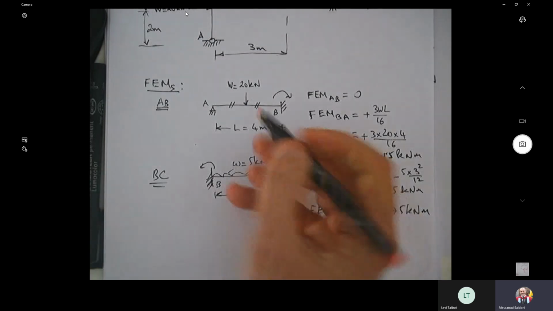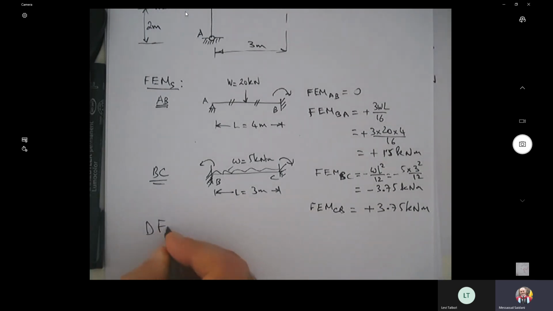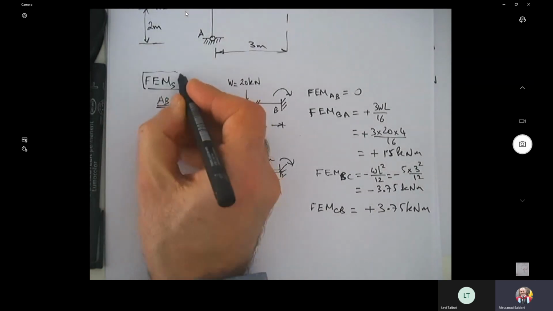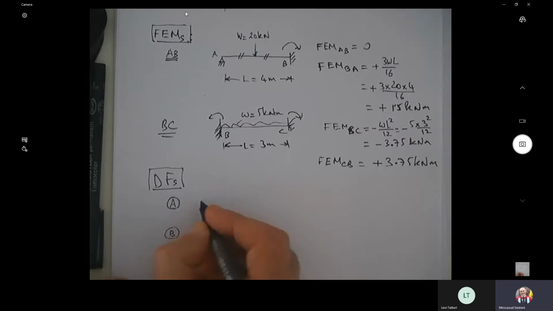Okay, just remember that now we do the distribution factors and we are done. So DFs, distribution factors. We've done the fixed moments, and now we do the distribution factors. We have 3 joints: joint A, joint B, and joint C. At joint A, we have 1 member, and that's